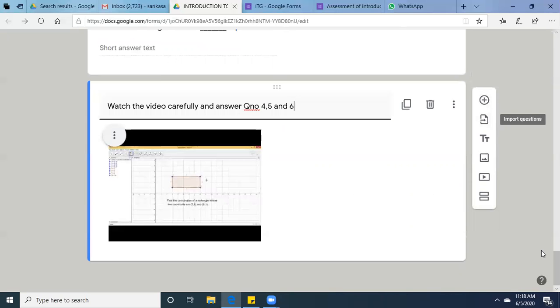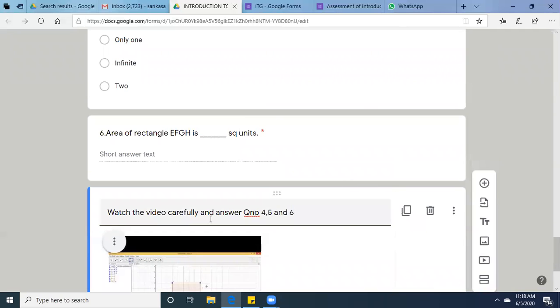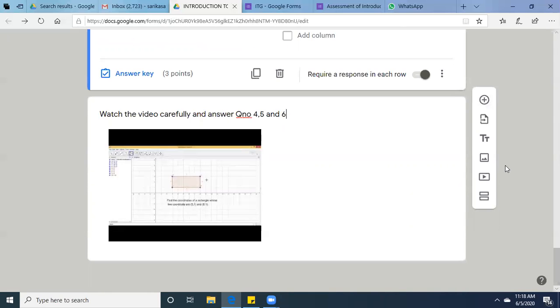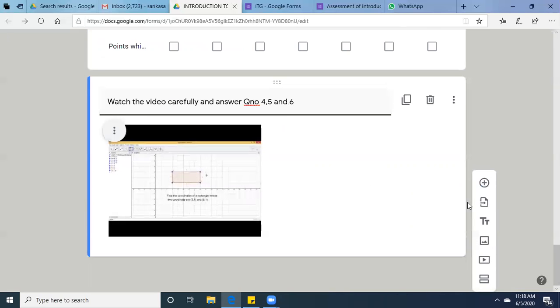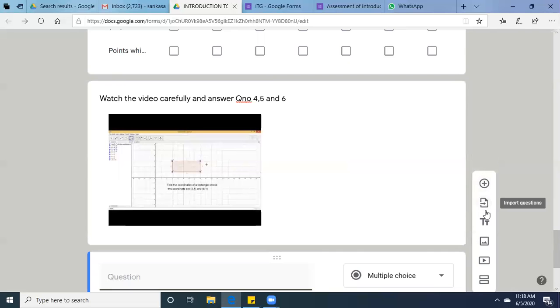Now what you have to do, I'm telling you again what I did. First I have to click on add questions. Then I have to click on import questions.